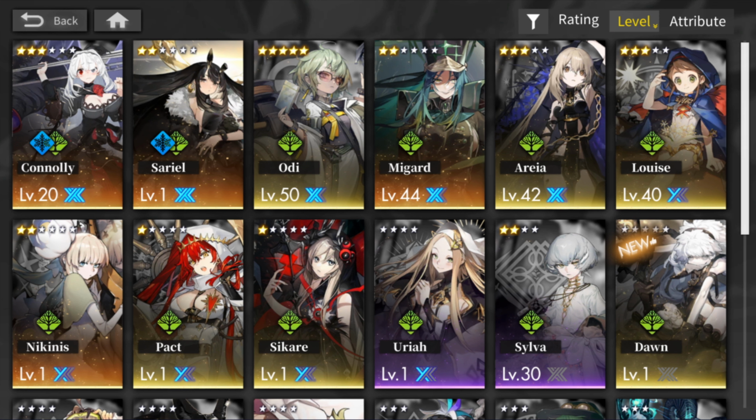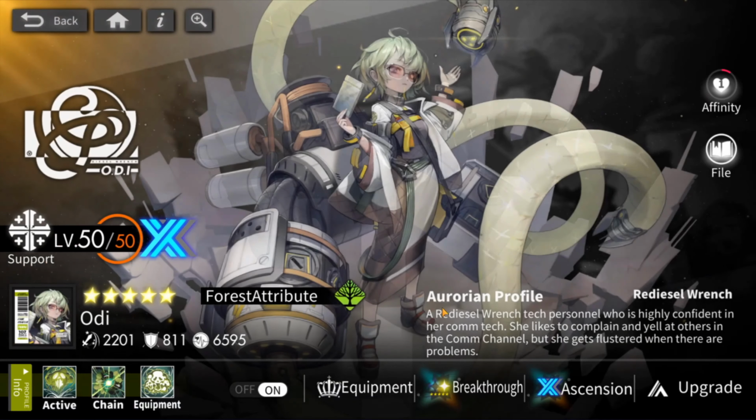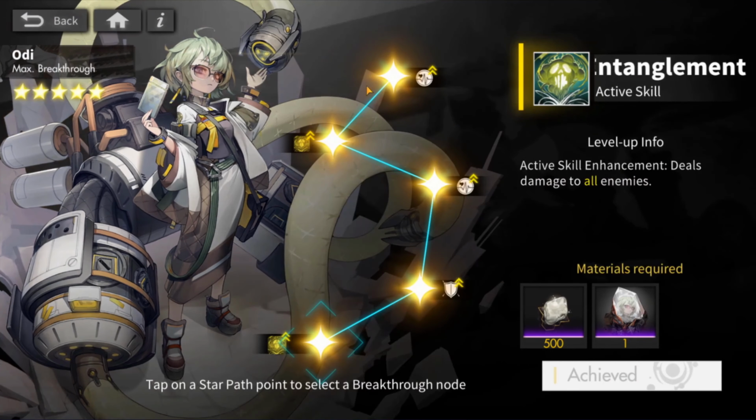So I've been sitting on this treasure chest of a character for quite a while. As you can see, I have her at max breakthrough. In fact, she is the first 5-star, I think, that I had max breakthrough, and I never built her, and I feel so dumb because she's actually really good. And the reason why I didn't think she was good was I was looking at her breakthrough, and you can